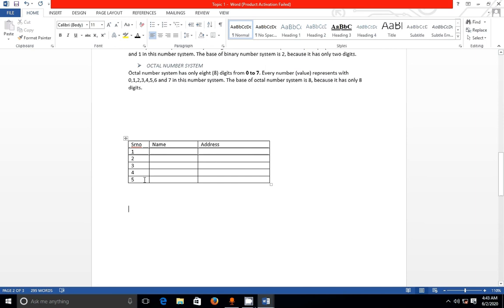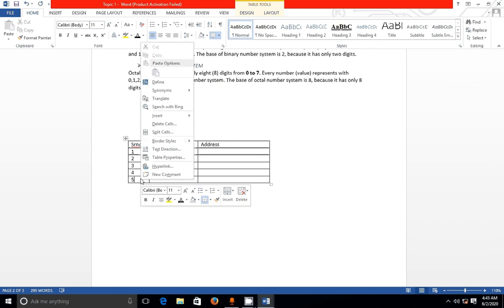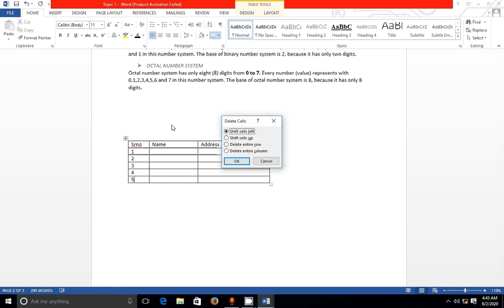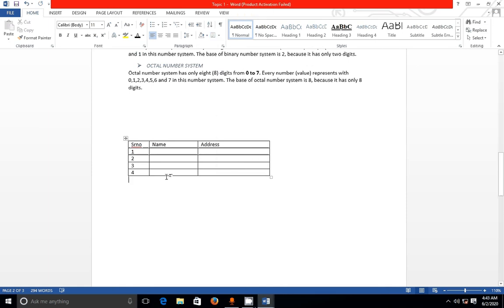Just click on this side, then right click the mouse button. Go into Delete Cells and select Delete entire row and then press OK. The line is deleted. Okay, do you all understand?